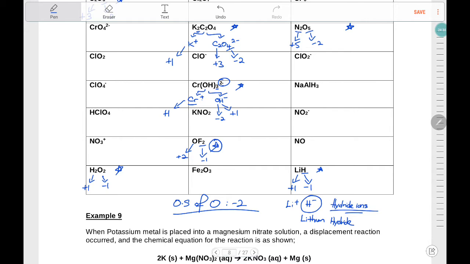And then they will give you exceptions where under certain conditions it is not minus 2. For example, in H2O2, they will tell you that under this condition, the O is going to take the charge of minus 1, and so on. They will give you many, many different examples to memorize. Most schools teach it that way